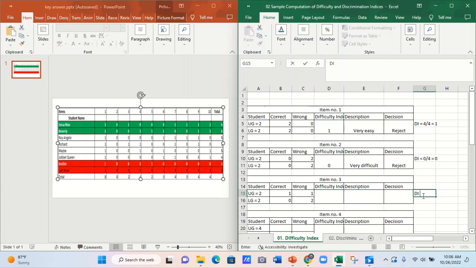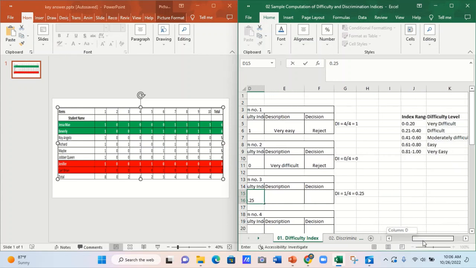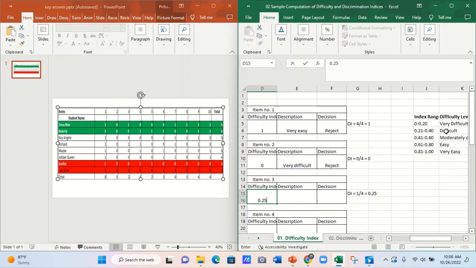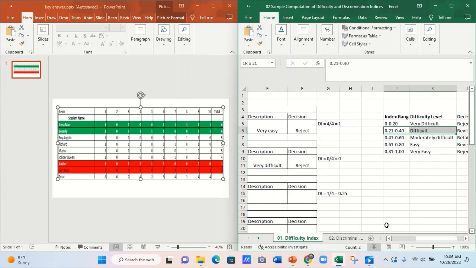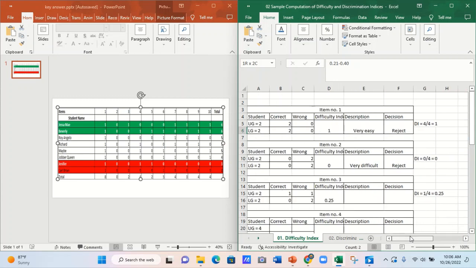DI is equal to 1 divided by 4. Only one got it correct, so 1 divided by 4. That is 0.25. So 0.25 is our difficulty index for item number 3. Now, for the difficulty index of item number 3, let's look back at our interpretation table. This is within the difficult item range. Therefore, 0.25 is described as difficult, and when it is difficult, we interpret it as